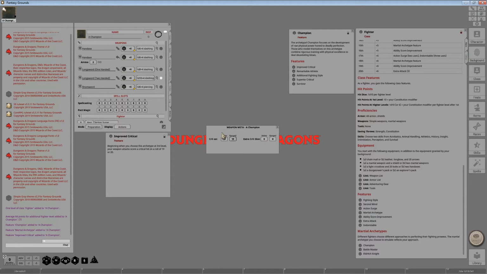But what this does is this sets things up so that when your character rolls a 19 or higher during your attack rolls, so that would be when you're rolling the die 20 or when you're clicking on these icons here, that will trigger an actual critical attack. So if I put this character into a